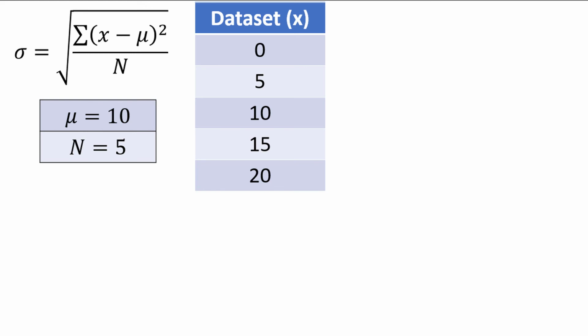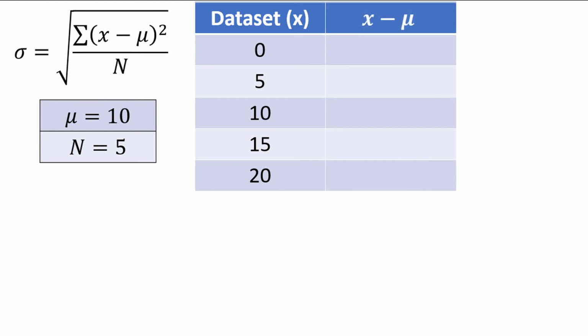The easiest way to calculate the standard deviation by hand is to set up a table and take the formula one step at a time. The first column should be the data values x, which I already have listed. The second column should be x minus the mean mu, the numerator in the formula without the square or the sum. Ignore the square root around the formula, as we won't worry about that until the very end.